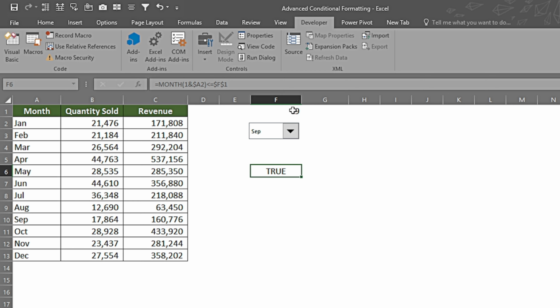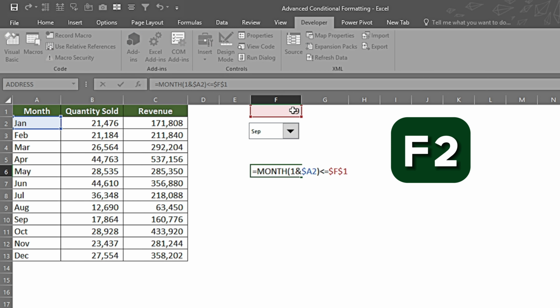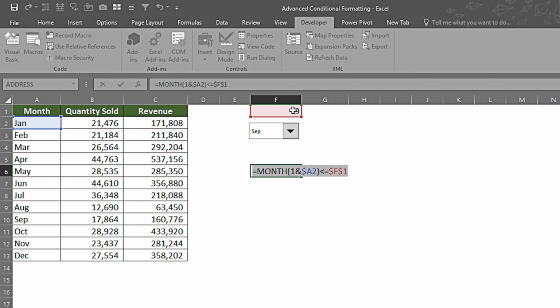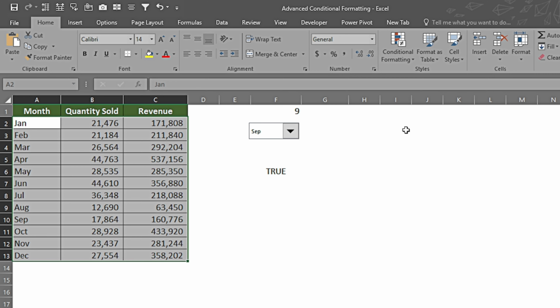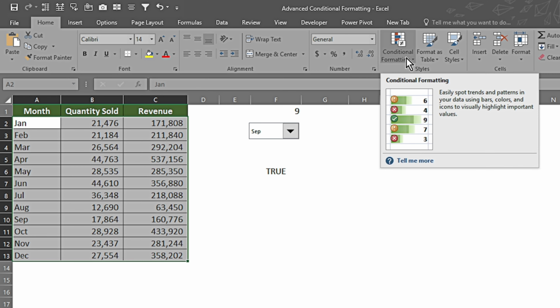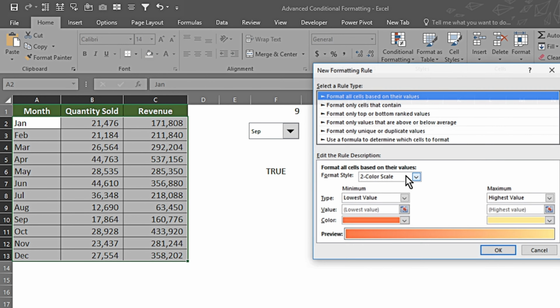Now once again I go in the cell by pressing F2 and select my formula. Now I go in the home tab, but before that I will select all of the data on which I want to apply the conditional formatting. I will click on conditional formatting, new rule, and here we have an option, use a formula to determine which cells to format.